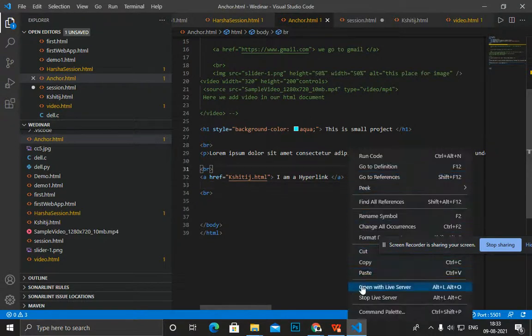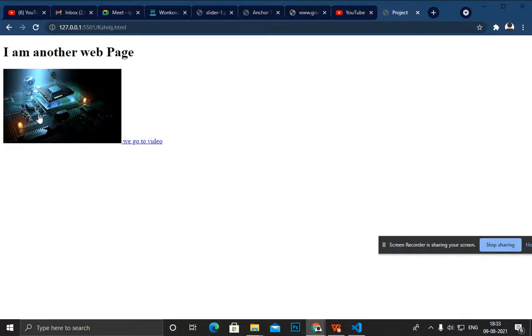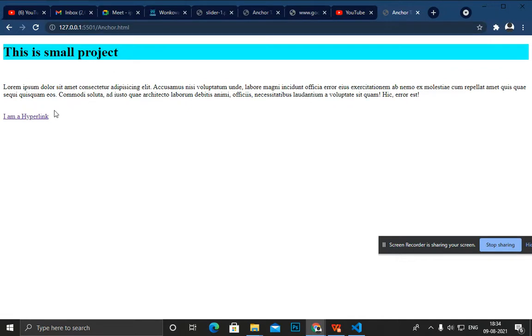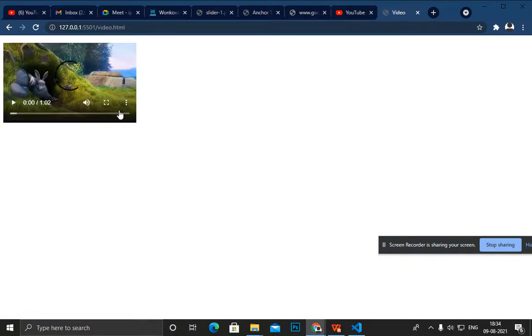Firstly I open this in another tab and place it here. You see that I go to another page. If I click my image, it goes to my previous page like this, and if I click this one, it goes to another page. If I go to my video page, we go to another page like this.